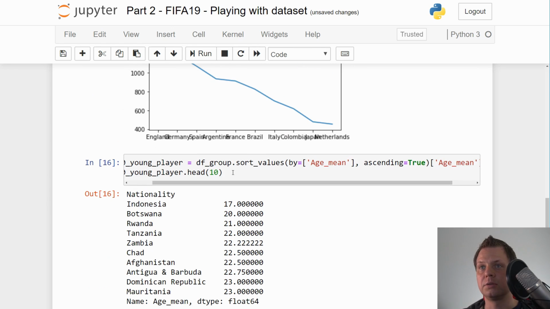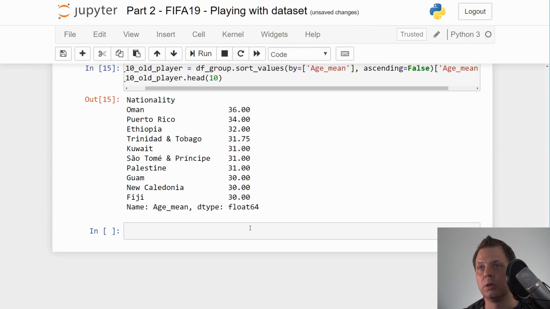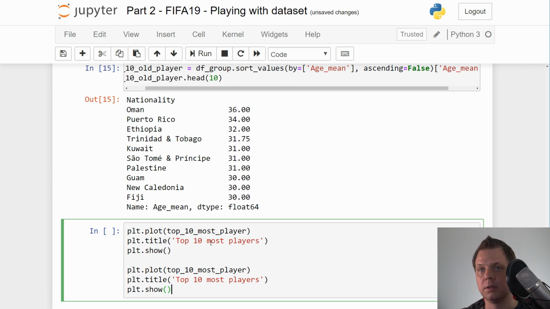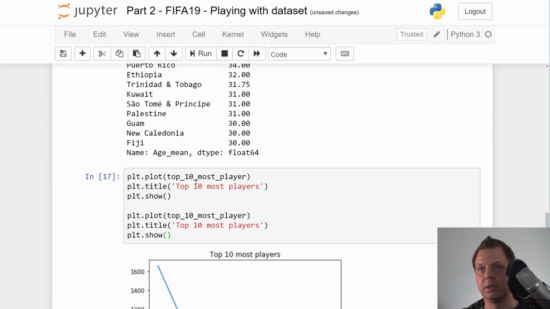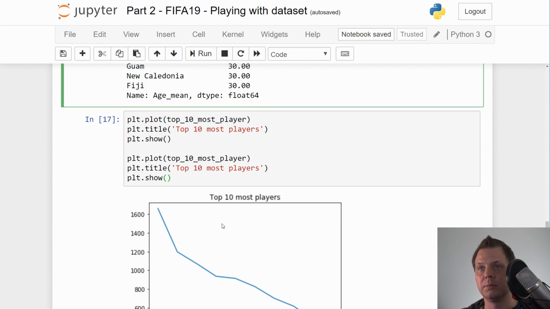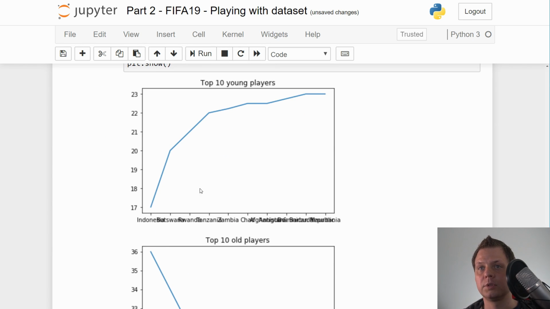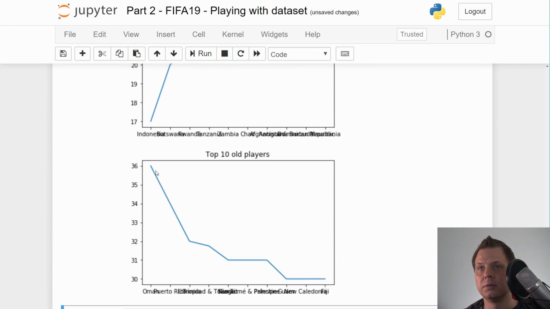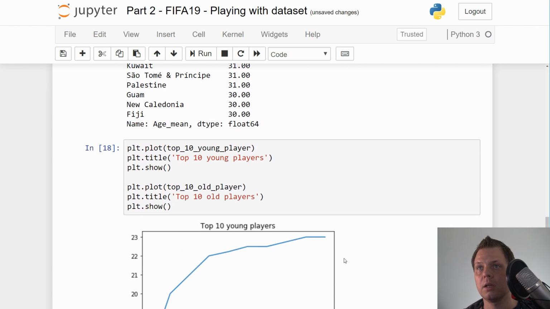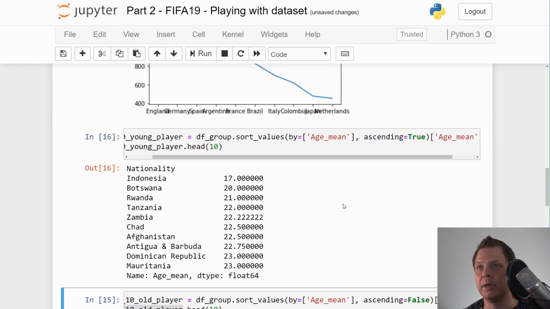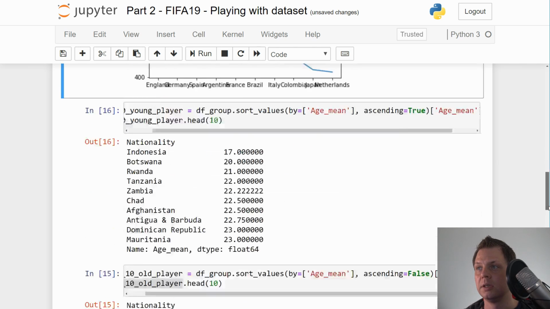So for this we need two matplots. I'll just go down here and here. Yeah, we have two here, that's fine. I'll go up and copy this one, the old and young, and then we have it here. It's scaling, so that's how it's working. This is a little bit about how you can manipulate your data frame, so you can work with the matplot